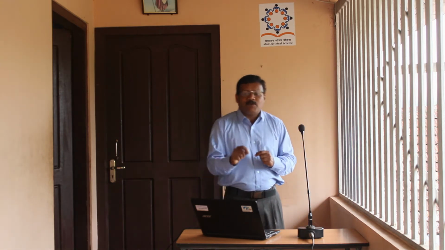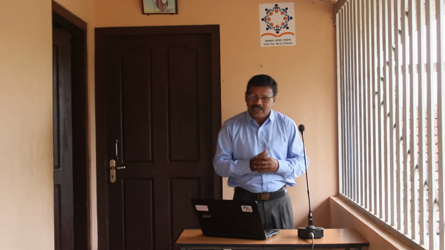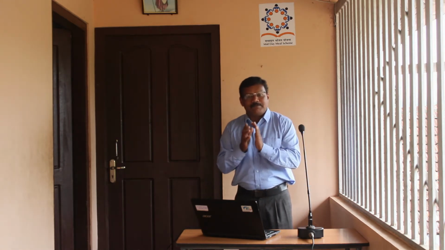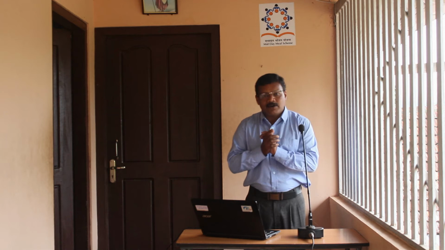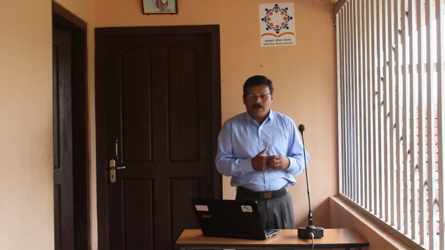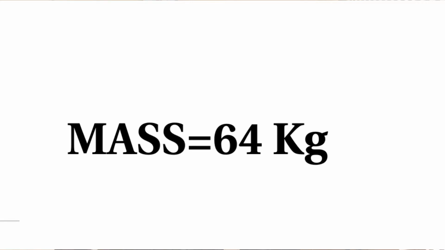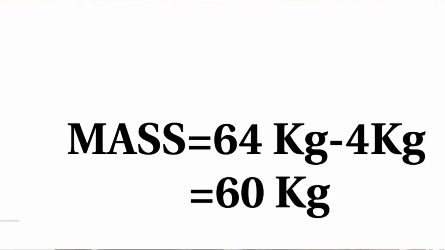At this point of time, I would like to share two of my dreams I had these days. Just dreams, okay? In my first dream, I was traveling on my bike and met with an accident, and I lost one leg. Remember, just a dream. So, I weighed myself and found my weight was 64 kilograms. Since I lost my leg, my mass became 60 kilograms. 4 kilograms reduced. The mass of my leg has been reduced.